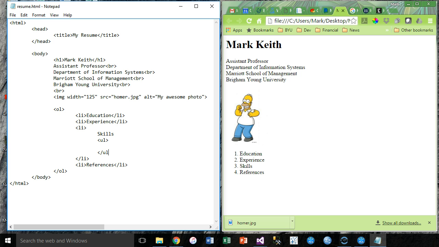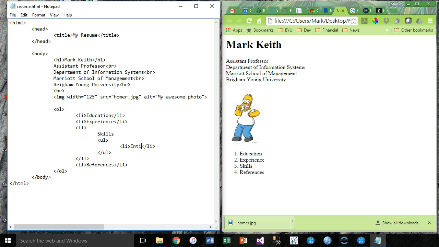and that means it's going to have bullets instead of numbers. But just like with an OL, I can't put anything inside a UL unless it's also wrapped inside of an LI. So let's put an LI in here, and let's list all the skills you're learning in this class in order. So you started with,